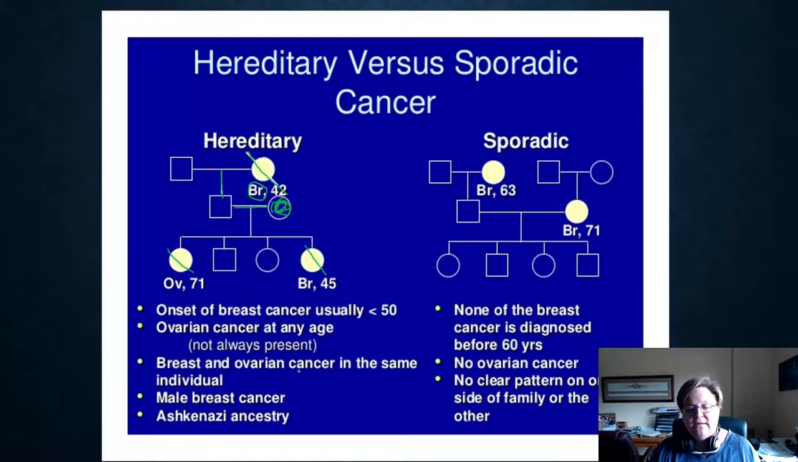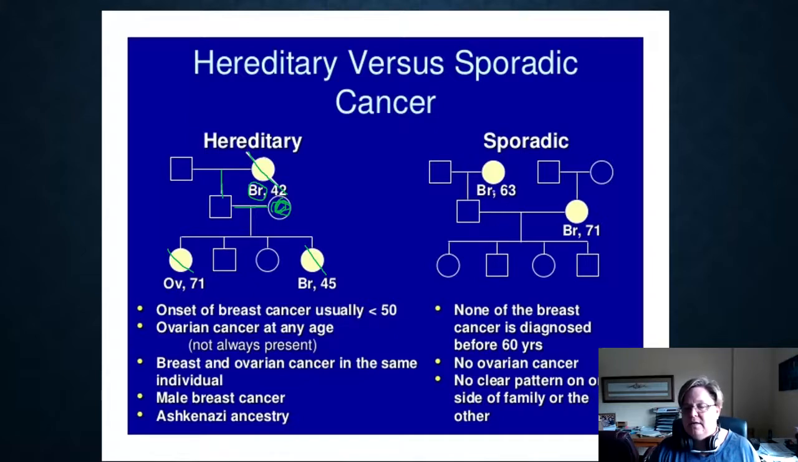Breast and ovarian cancer can occur in the same individual as well. We could also see male breast cancer in a hereditary form, and usually they have a background of Ashkenazi ancestry. In the next case where it's sporadic, you're going to see here, these are family members, but in this